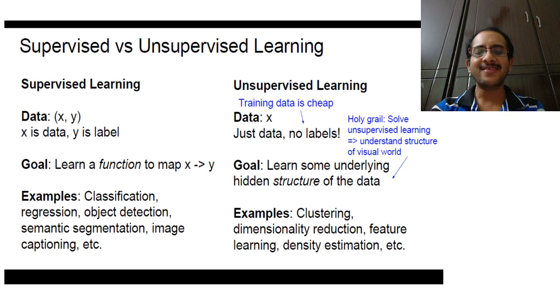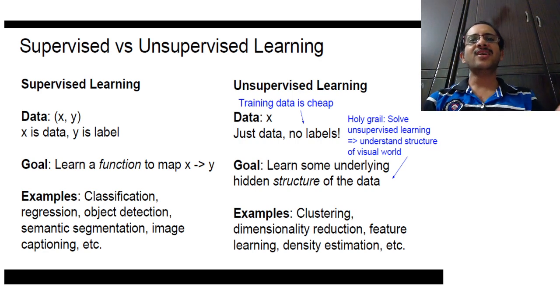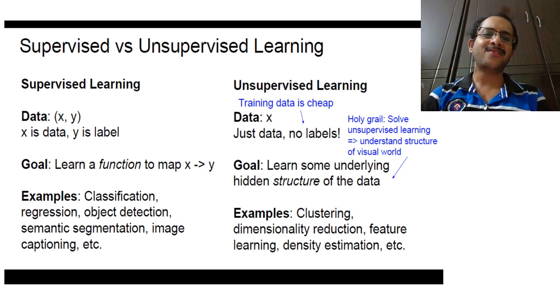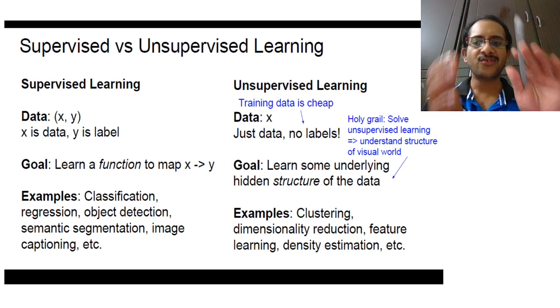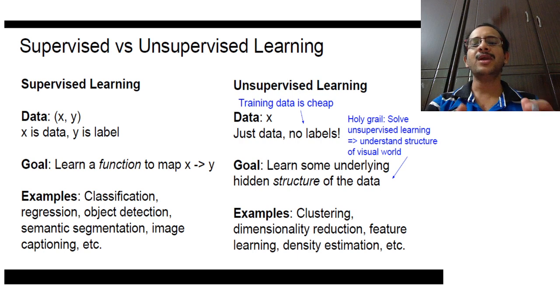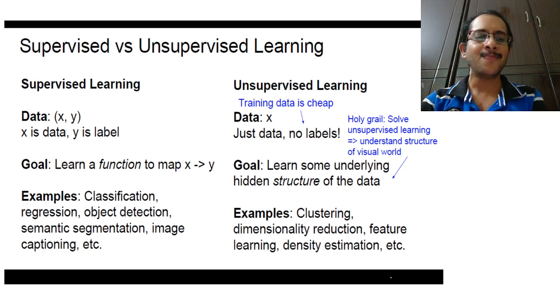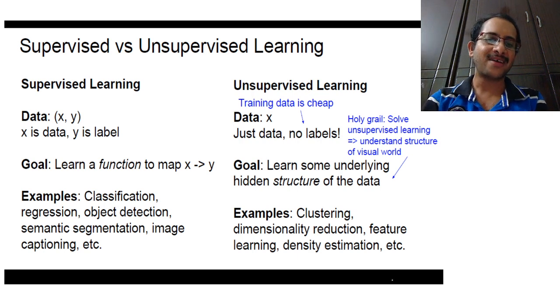The difference between the supervised learning we have done so far and unsupervised learning is that in supervised learning we are essentially doing a mapping from the sample features to the output labels or classes, whereas in unsupervised learning there are no labels, and we are trying to understand the underlying structure of the data. Using that underlying structure, that is P of X in the previous discussion, we would like to generate more samples, or group them into different categories, or reduce the dimensions, etc. So we would like to understand the structure of the data to perform any of these applications like grouping, dimensionality reduction or sample generation.